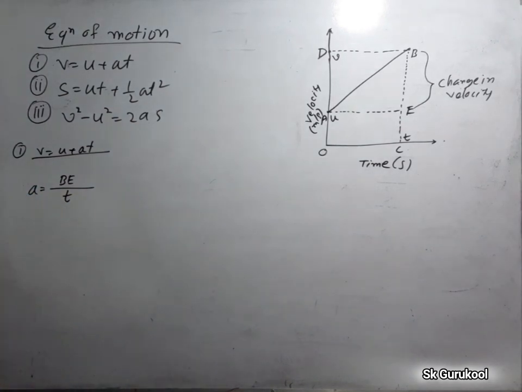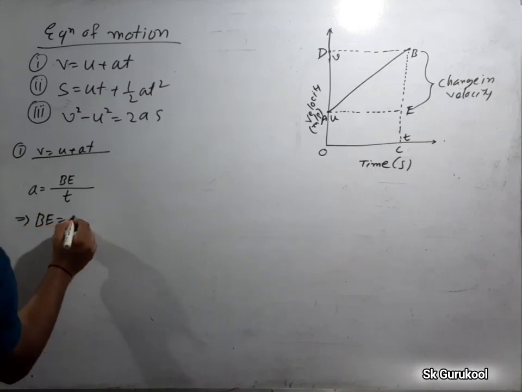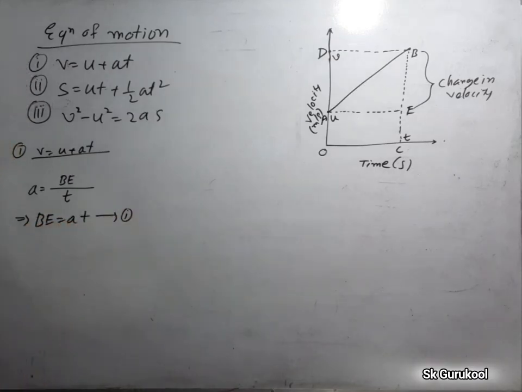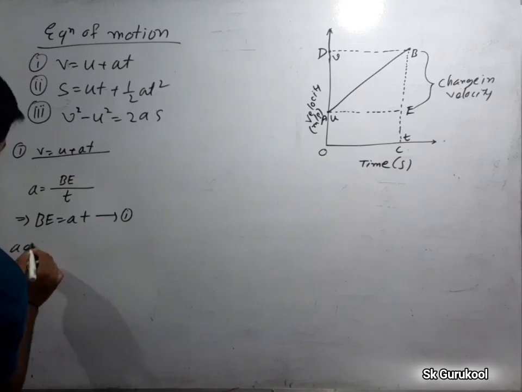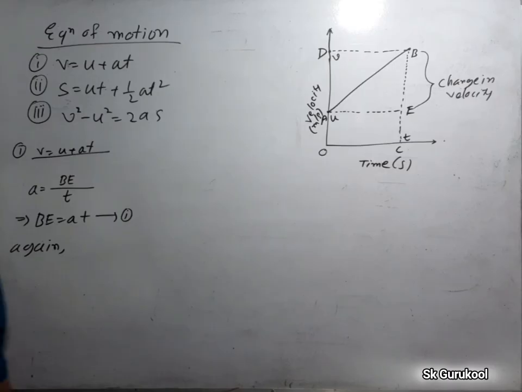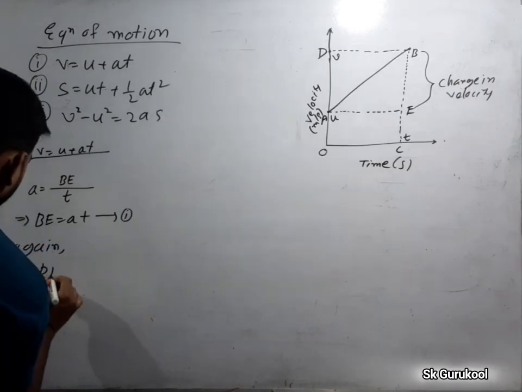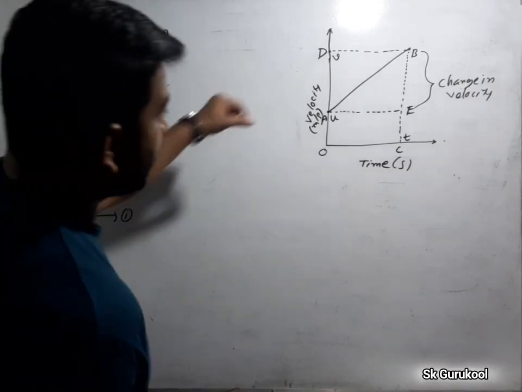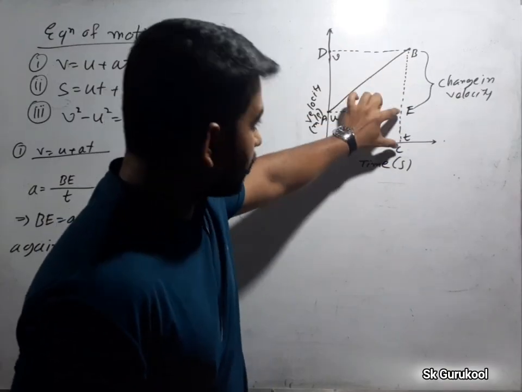So the time taken to change the velocity is t. If you see here, we can write v is equal to at. Let it be number 1. Okay, again, from this formula we get v equal to at. Again, we can write v equal to BC minus